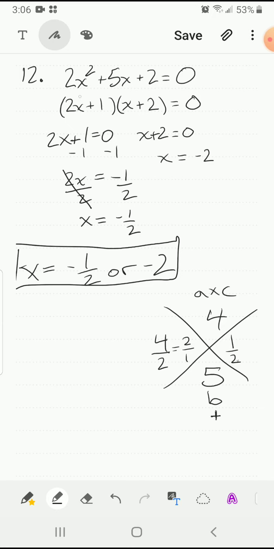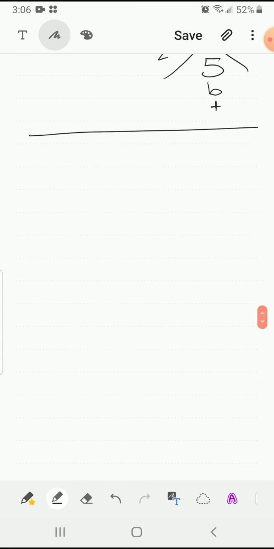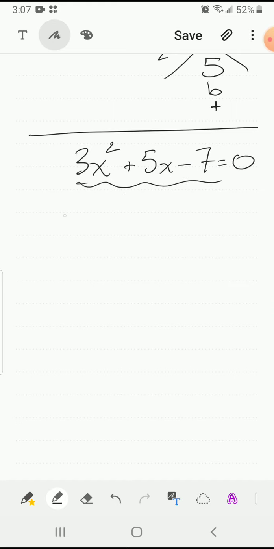You could also just do guess and check when finding these roots. You don't have to use my magic x if you don't want to. I like to use it because I think it's better than guessing and checking all the time. If you wanted to do a question like this with guess and check, let me just add on a little piece here. If I had something like 3x squared plus 5x, and I want to factorize this, well, I know